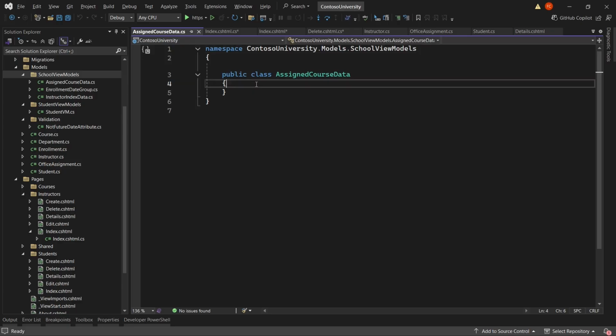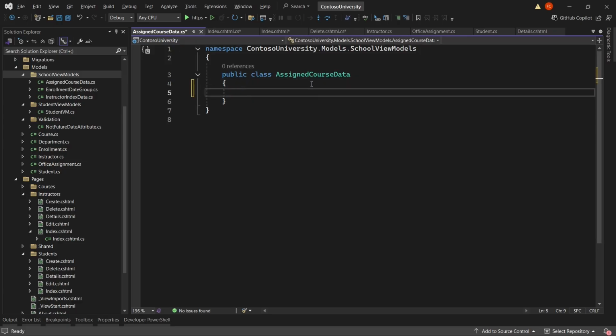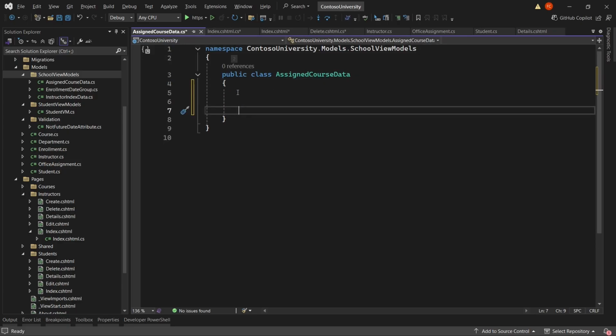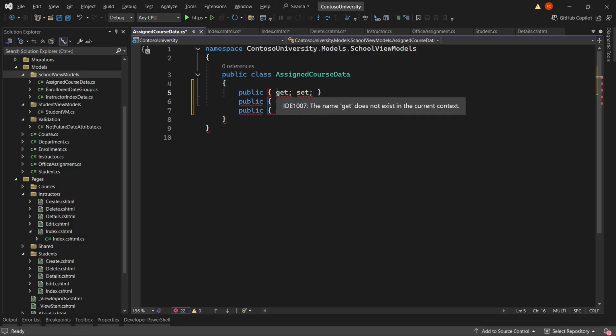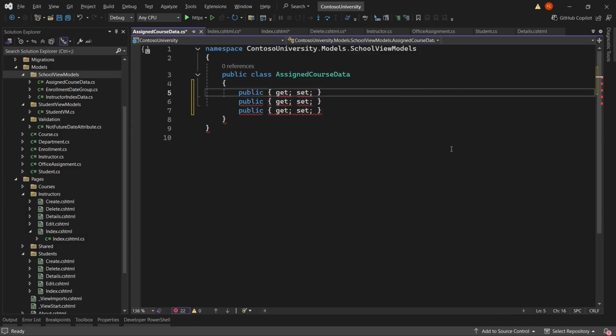Okay, and then under here we're going to create 3 entries: public, and the first one is going to be, actually let me go ahead and put the getter and setter right away, because I know I'm going to need them later. So there's going to be an integer CourseID,